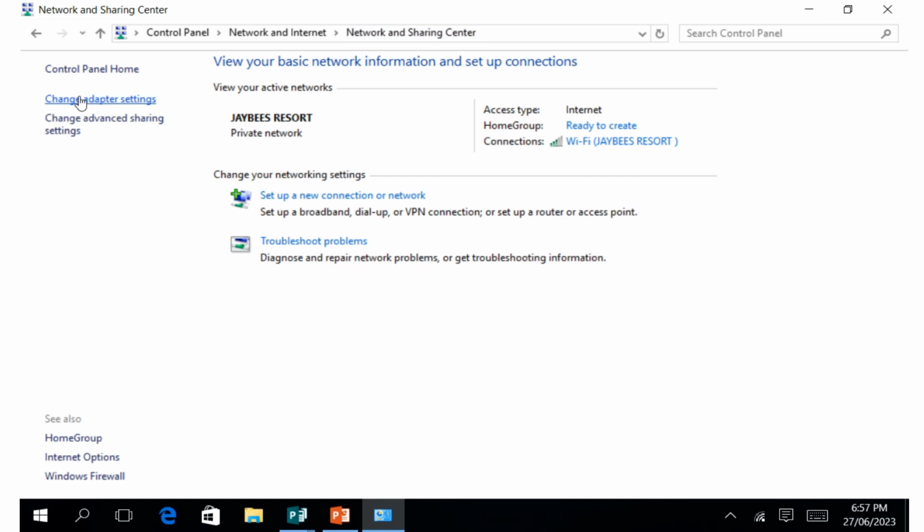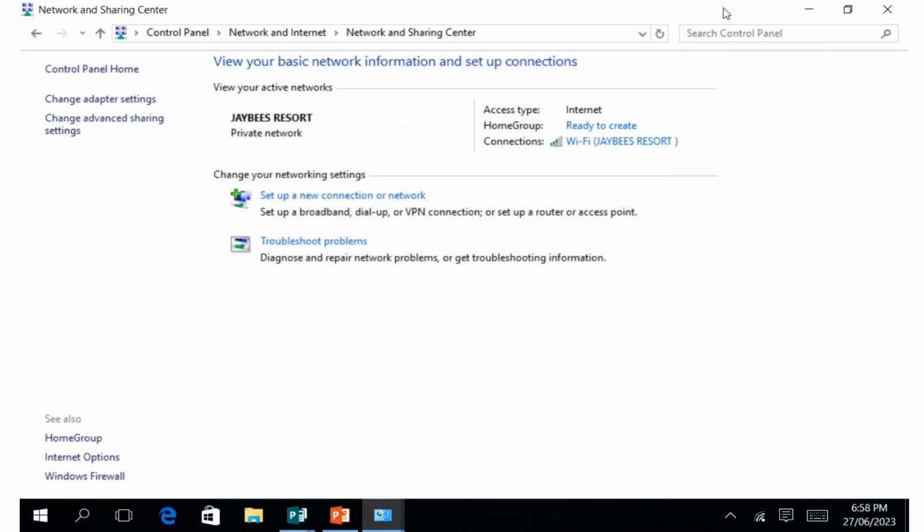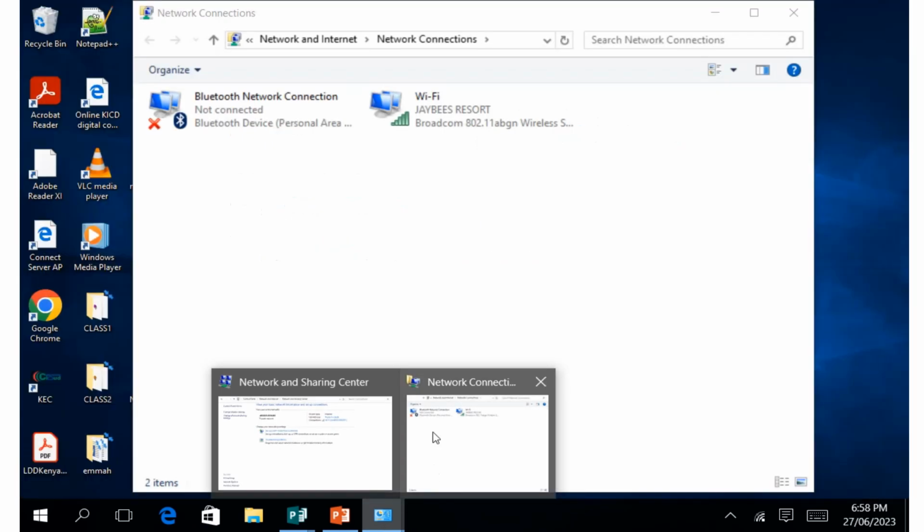You can go to change adapter settings, and here I have one of the networks that we can use. Let's see how we can create another network from this. So what we need to do now is minimize this,